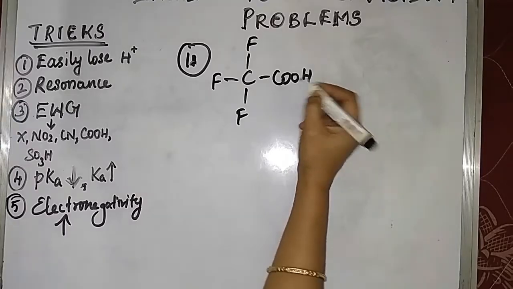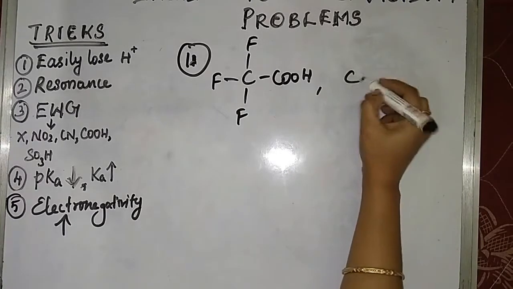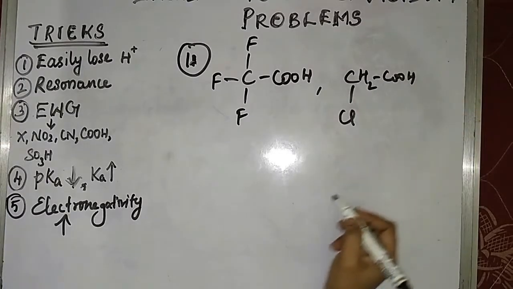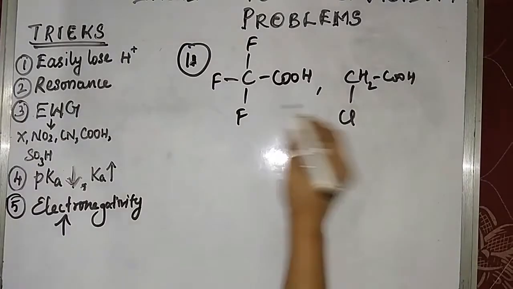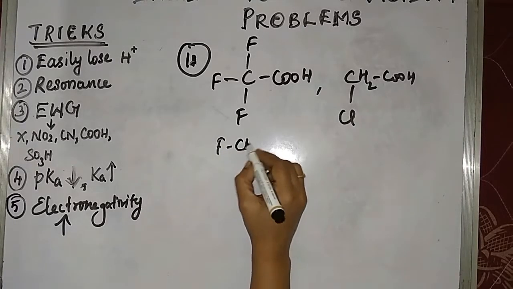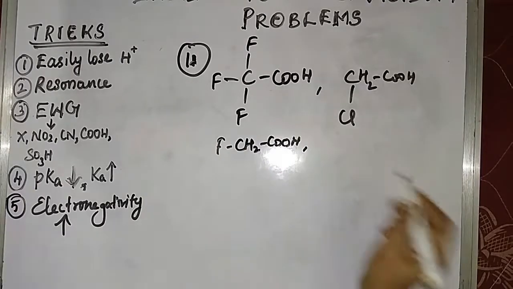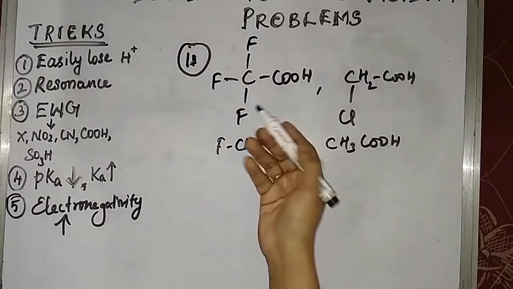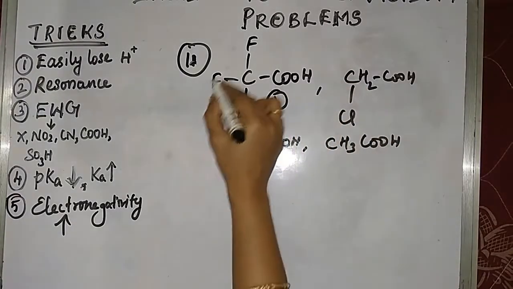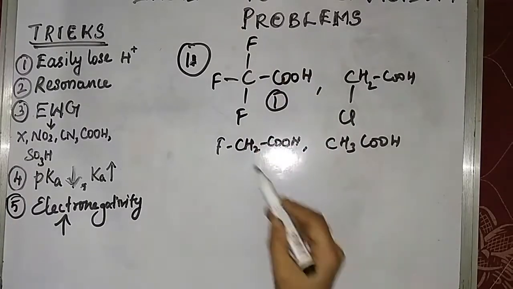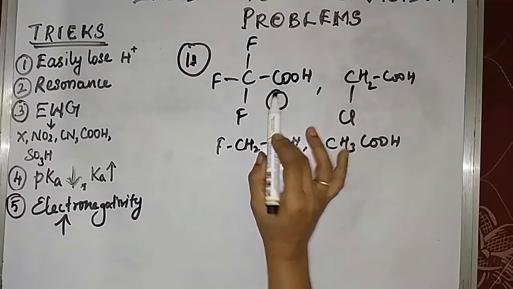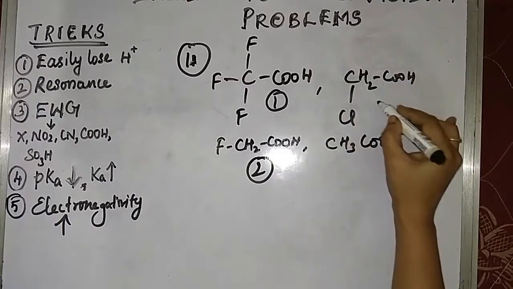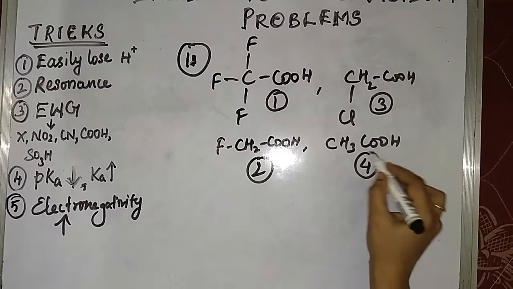Trifluoroacetic acid is there, and then chloroacetic acid, fluoroacetic acid, and then simply acetic acid. Compare all the four. As usual, this is the first one. As I said earlier, three fluorine atoms, which are highly electronegative, are there, so this comes first. The next one has one fluorine atom, and third place goes to the chlorine, and then only acetic acid. Okay,